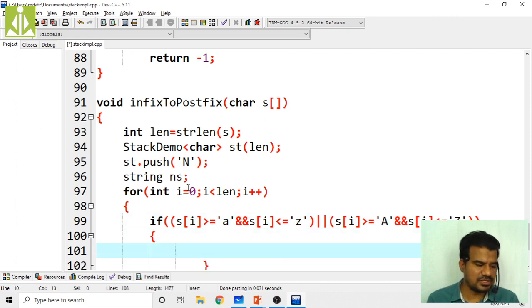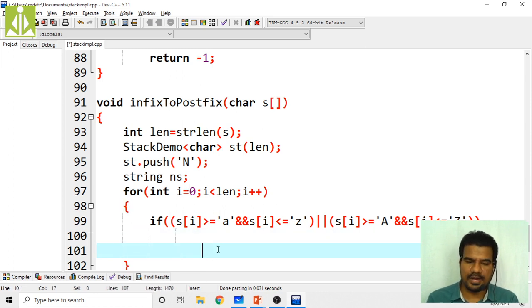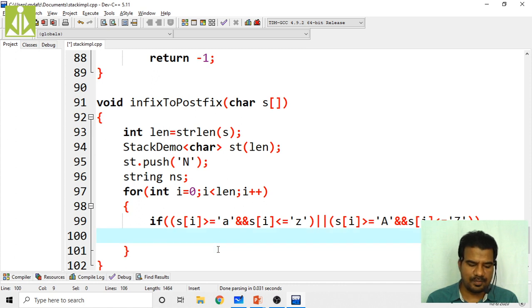If this entire thing is true, then simply add the operand to the output string: ns plus equals s of i.